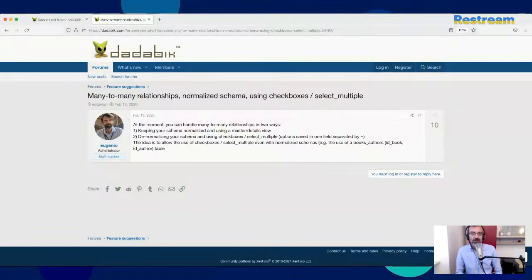But anyway, for each post, you can both like the post or vote for the post. You can like a post, but liking a post is just saying, okay, I like this post or this comment. But if you really want to express your preference that you would like to see that feature implemented, you have to vote for the post. So you have to click here. So vote versus like.